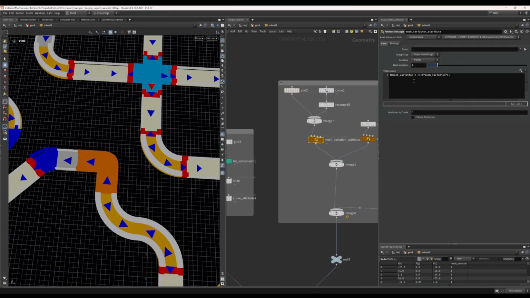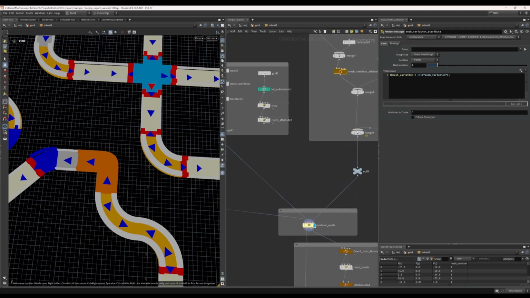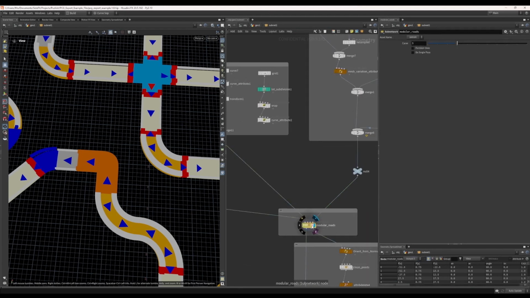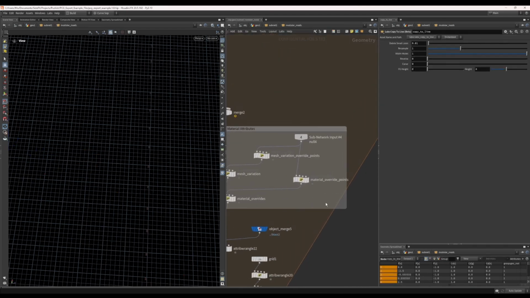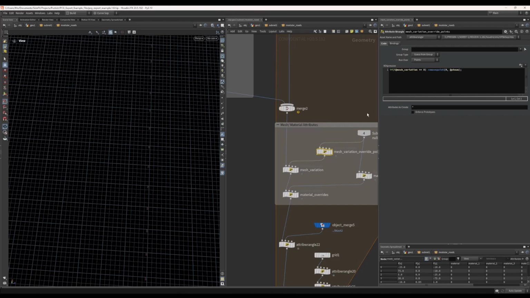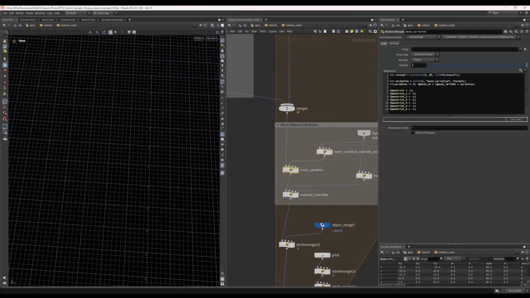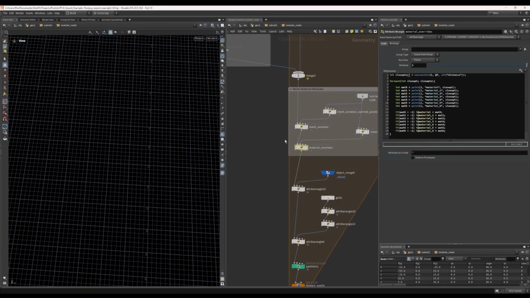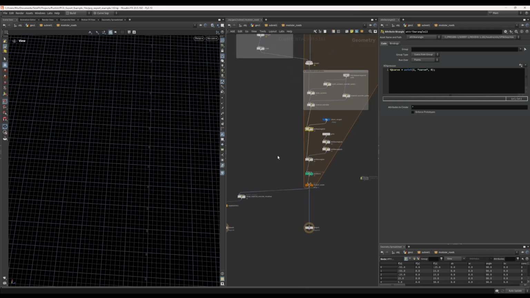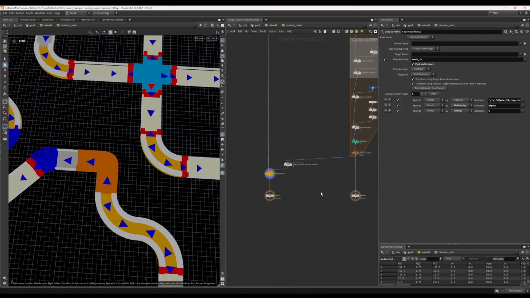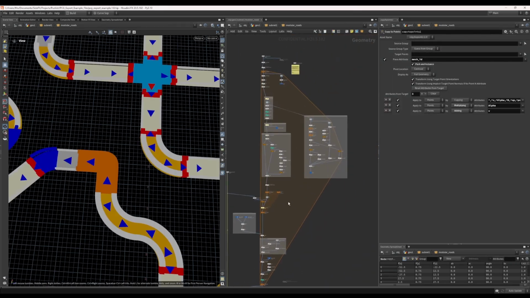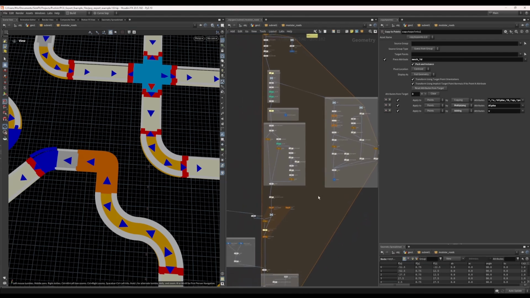So this has this value of the other mesh, and it feeds into this subnet here, gets the mesh variation with the proximity, and overrides the meshes and the materials needed. This is a bigger example which you can dig into on your own,